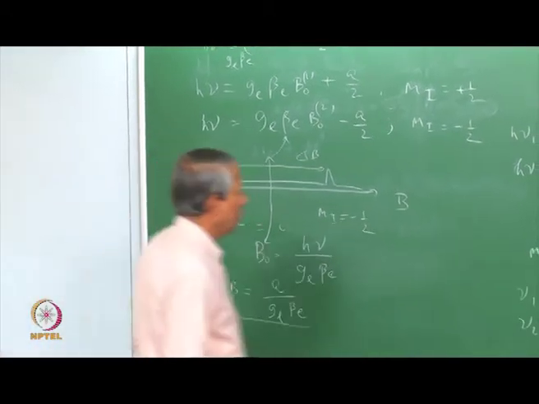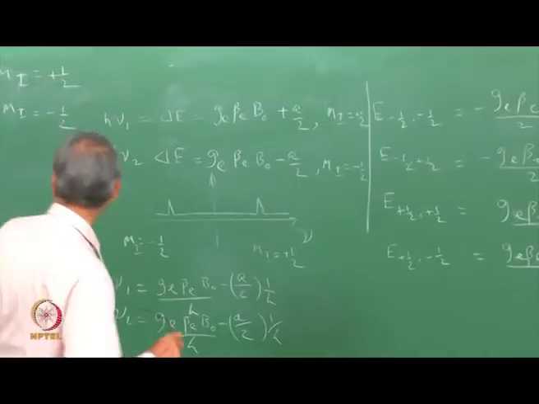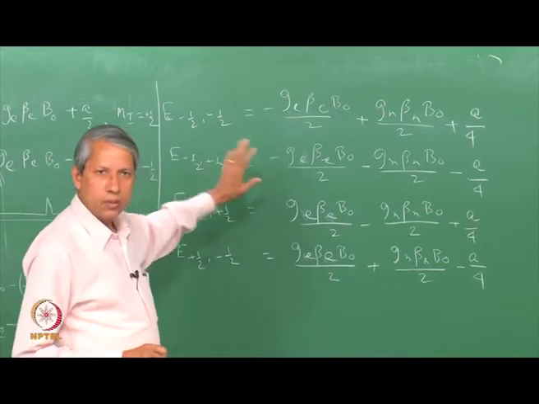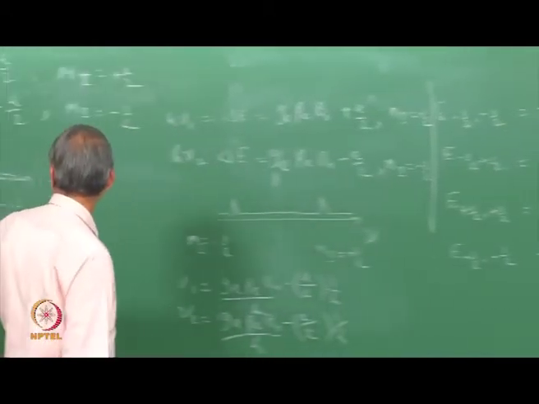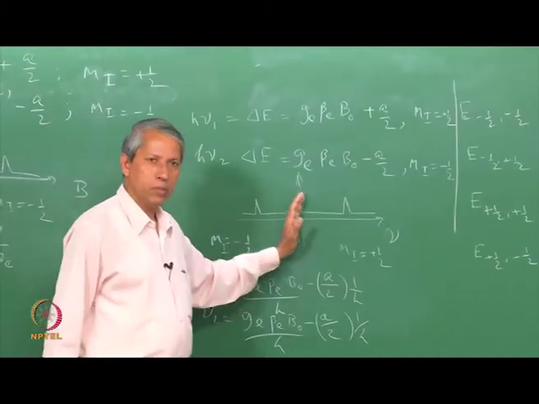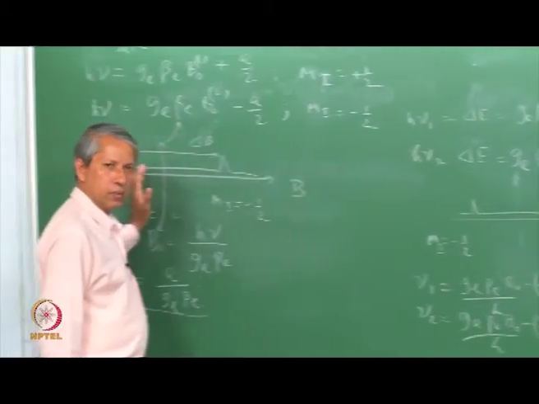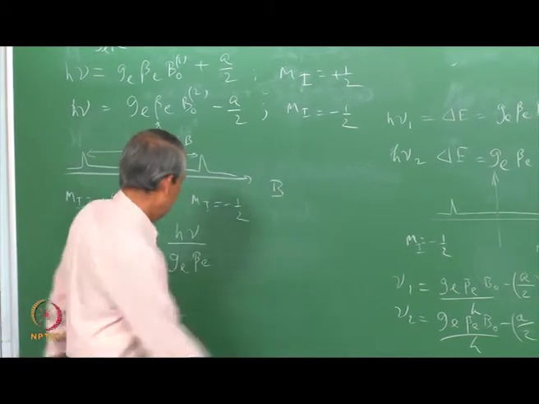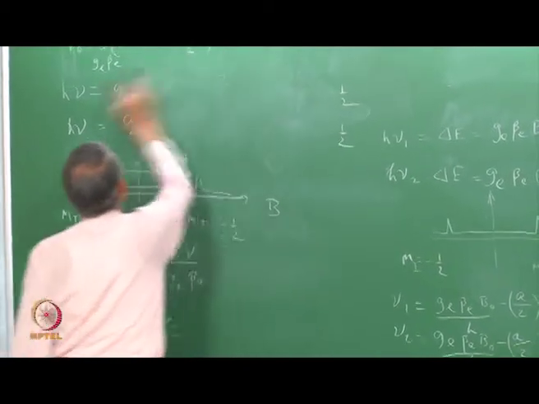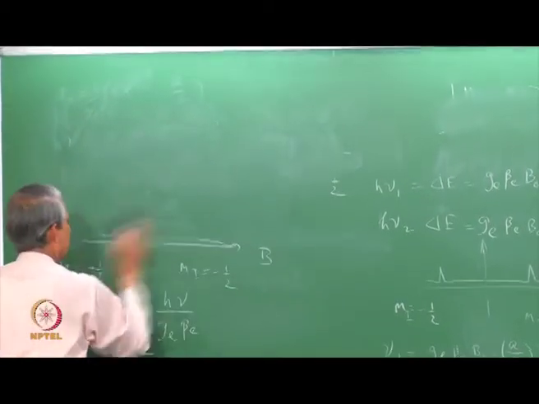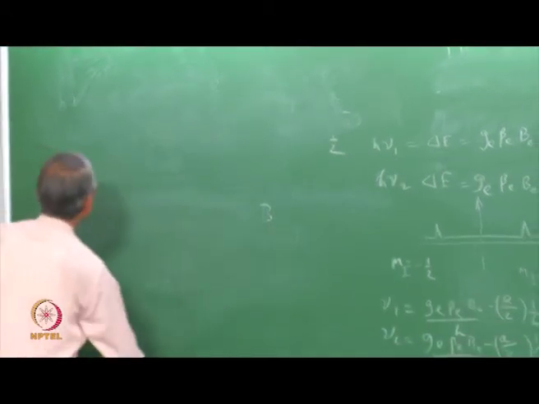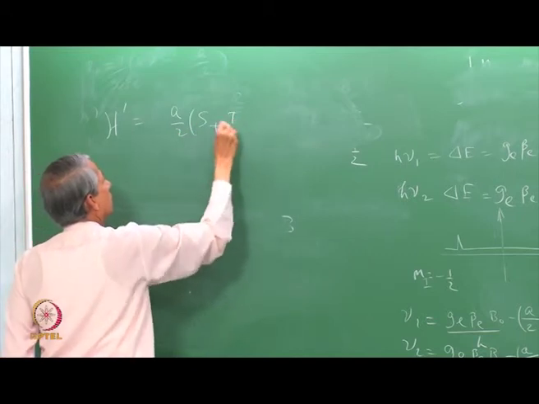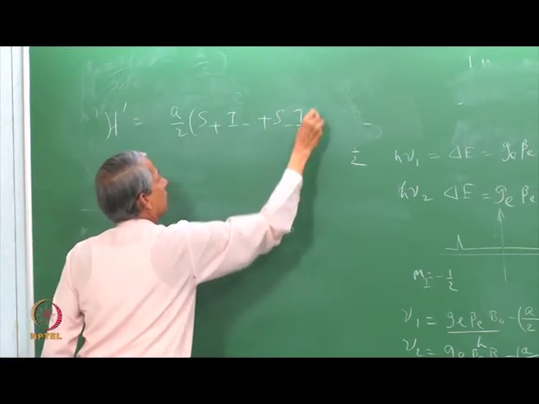Now, we have seen these energy levels and correspondingly we have found out the two transitions and got this relationship for variable frequency experiment and variable field experiment. We have neglected so far the cross term or the perturbation term which I was saying earlier, which is H prime is A by 2 (S plus I minus plus S minus I plus).